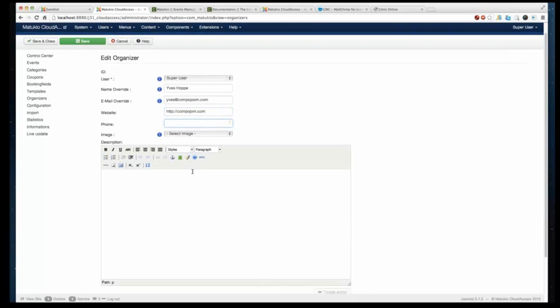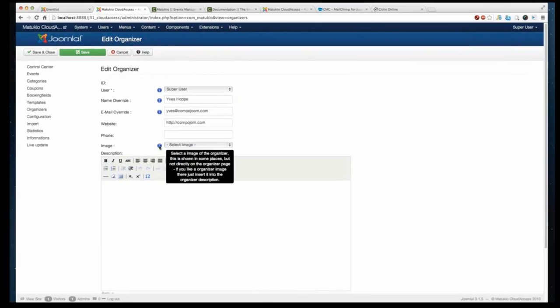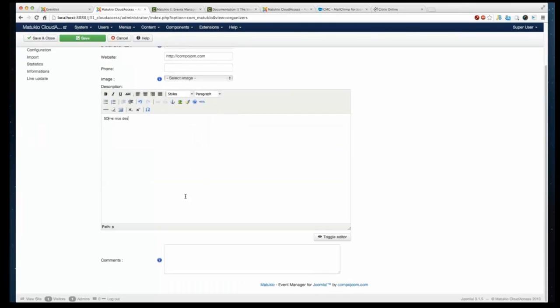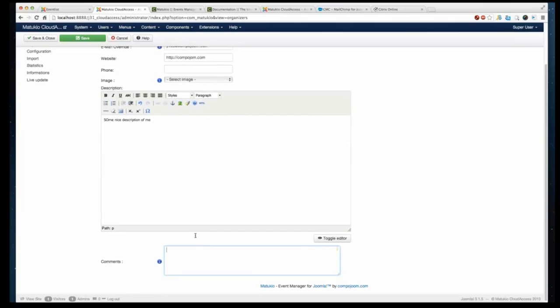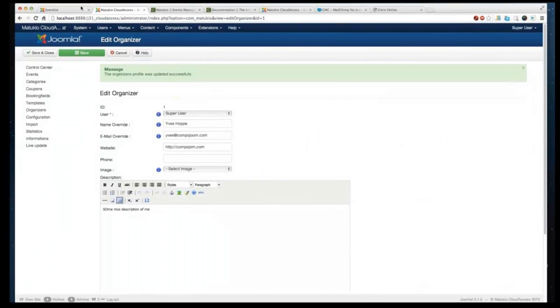Phone number, made a nice description, set an image, but you can also set it here. This one is not shown in the front end. This is for some other parts. It's shown in the front end, but not in the organizer page. Some nice description of me. We could have some internal comments. They are not shown anywhere. Click on Save, and now